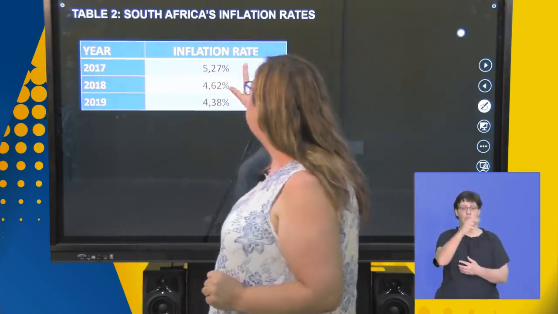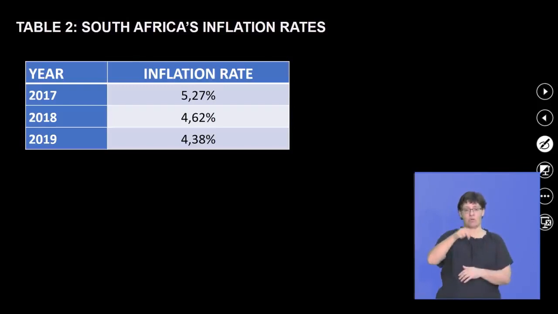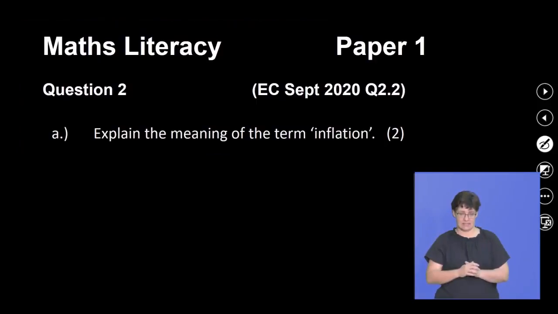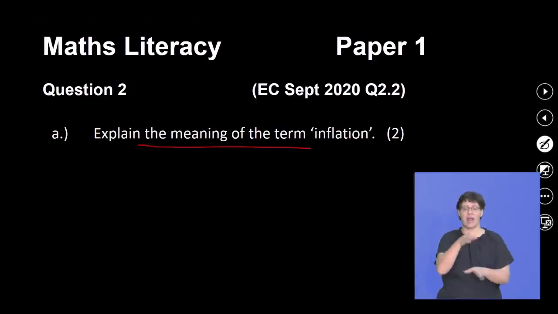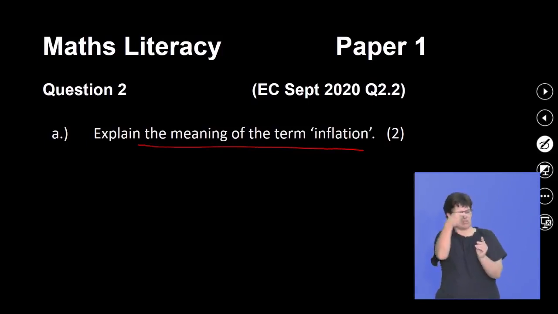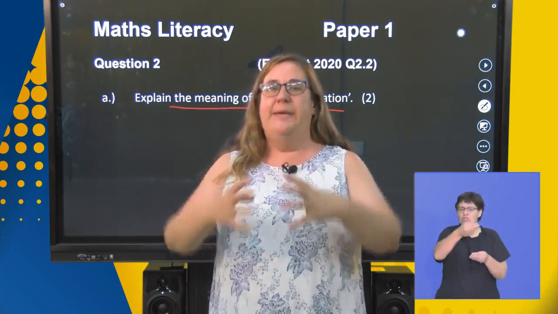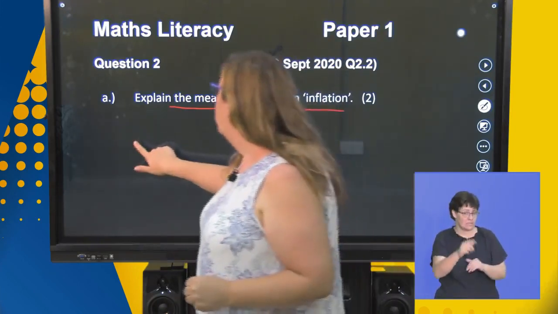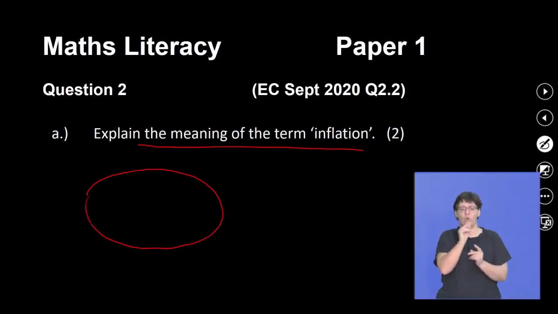So 2017 was 5.27%, 2018, 4.62%, 2019, 4.38%. And then there's our question. Explain the meaning of the term inflation. So that's why I'm going to answer the question now. So your inflation is basically based on, we talk about a basket of goods. So we've got goods and services